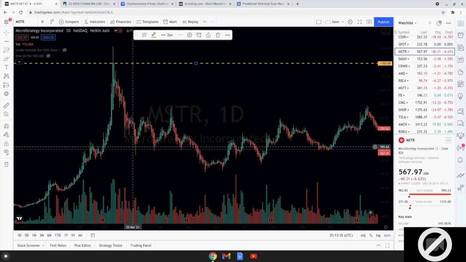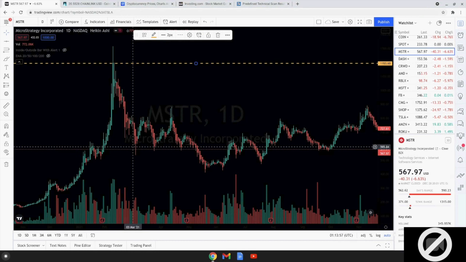Now, if it goes up $1 or down $1, that's $100 per contract. So guess how much money you would have made if a stock moved $700, and you make $100 every single time. So that's the type of money you can make on an options trade. Okay? Yes, about 70,000